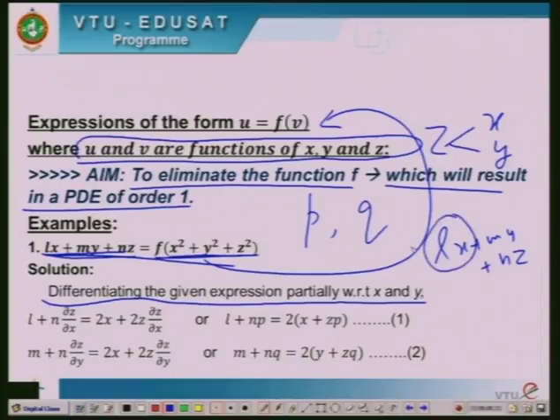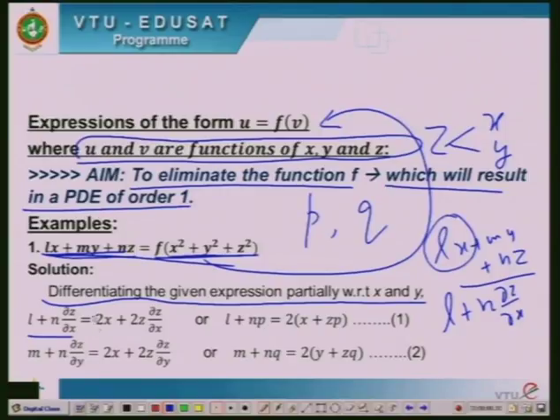So, this will give you l, y is a constant. So, this is 0, and the derivative of nz is n into ∂z/∂x, because z depends on x and y. So, I have l + n ∂z/∂x, which is what is shown here, is equal to,